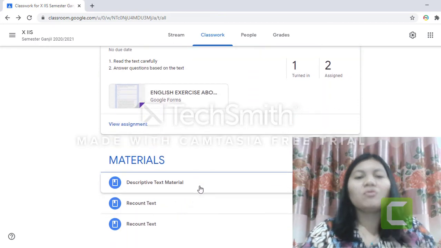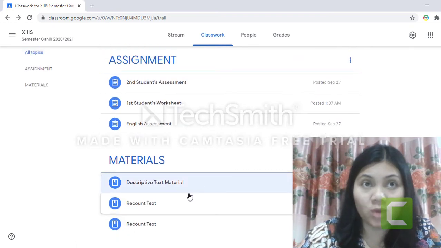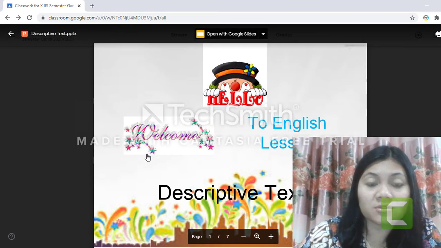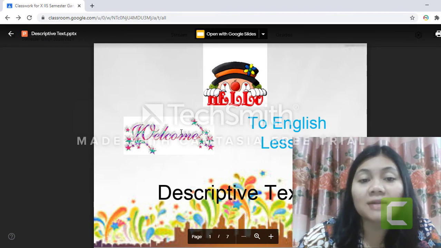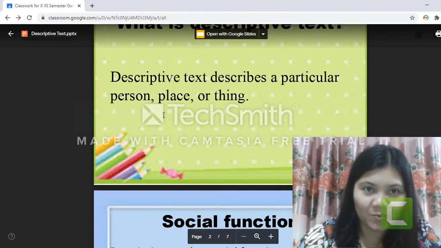Okay, before we finish our lesson today, I just want to remind you of some of our materials about descriptive text that we have already talked about in our first and second meeting. So a descriptive text describes a particular person, place, or thing.